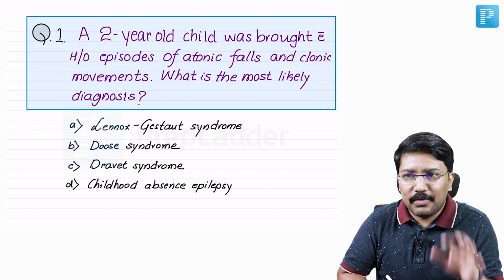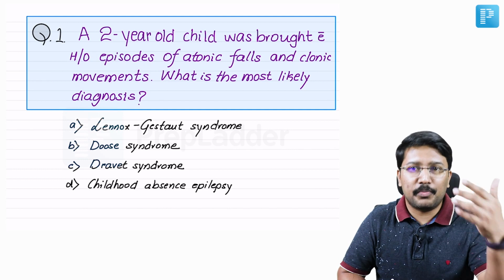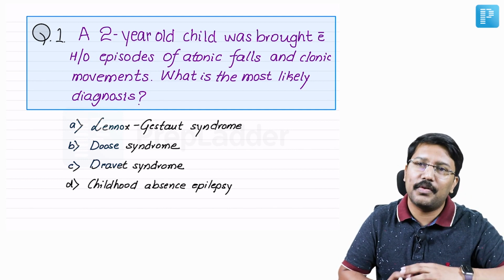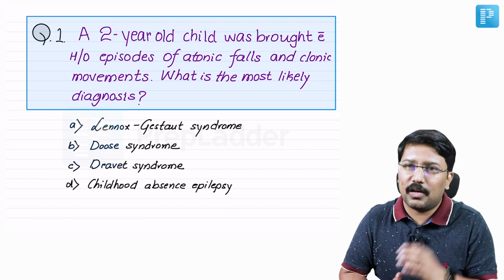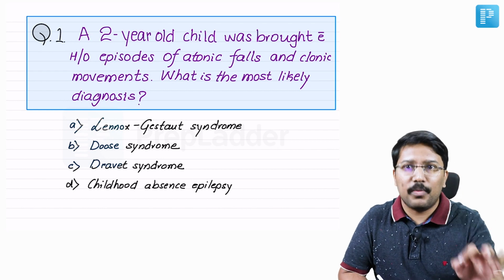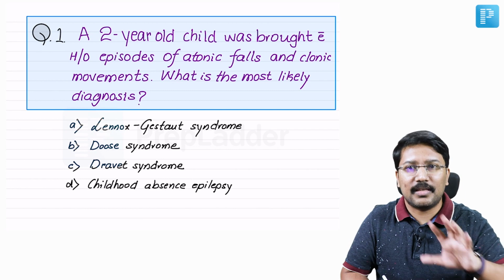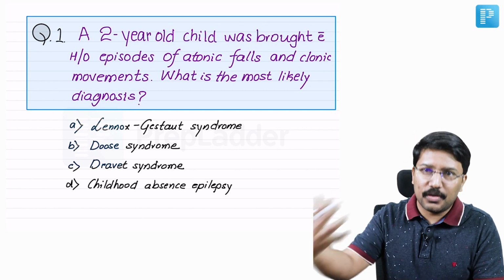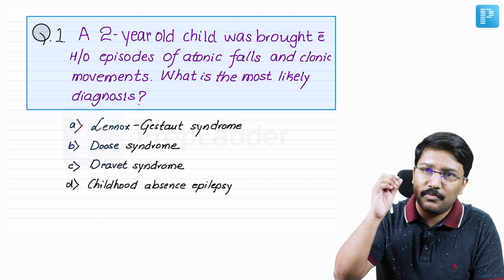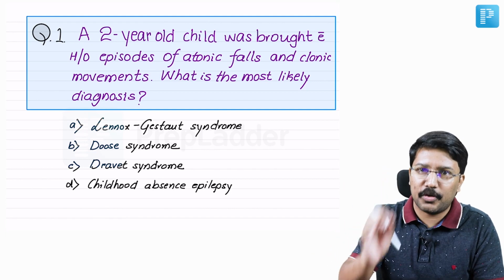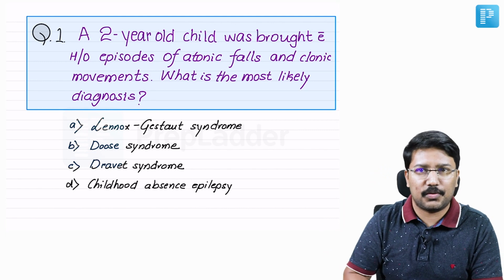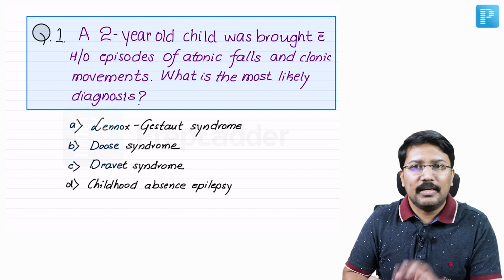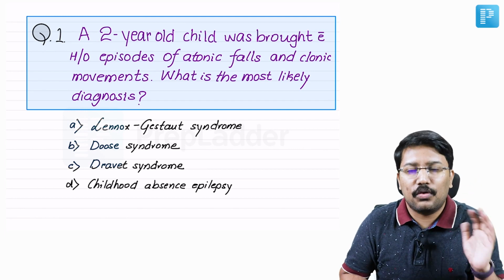Whenever we have questions which start with a particular age, we should always pay attention to that age. And when we read various disorders, I always urge the students to read from epidemiology, because we are in an era where questions will be clinical, with a story. At least one point about the epidemiology of a disease would be there in the clinical questions. In this question, they have told us it is a 2-year-old child. With this information, I can directly rule out option D.